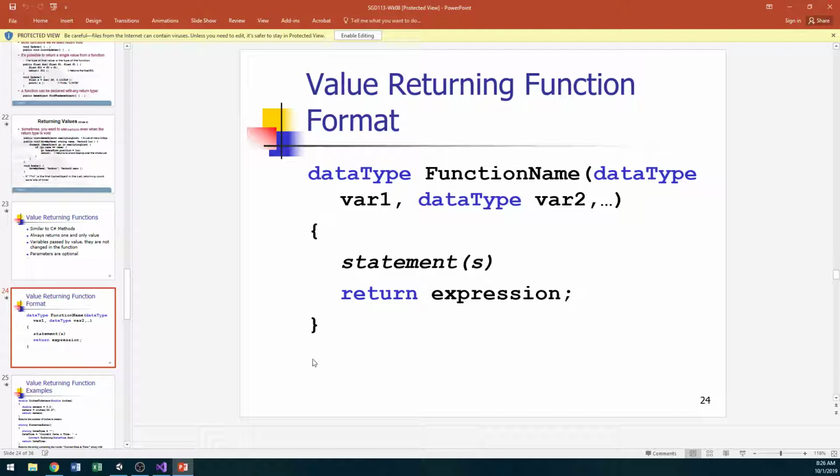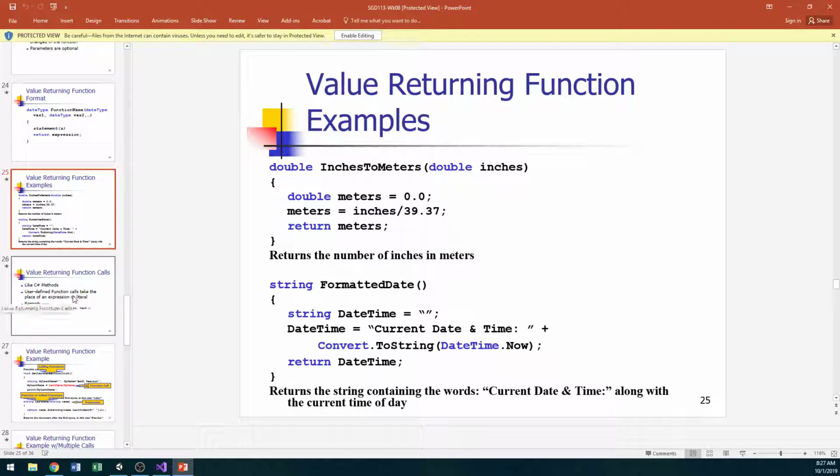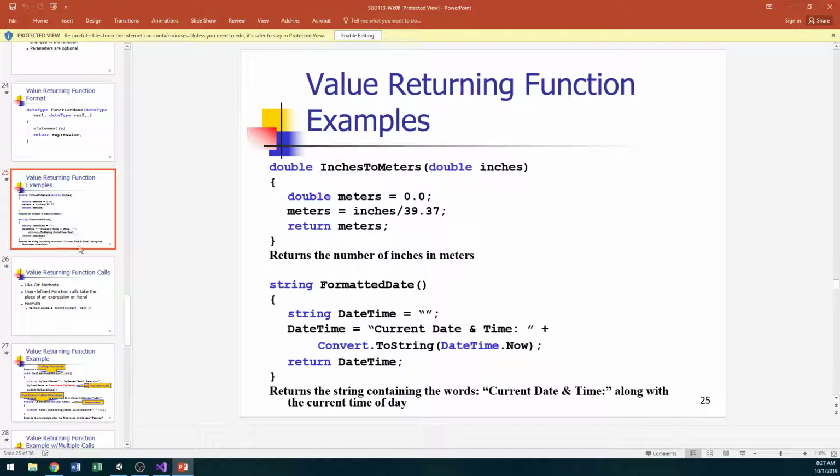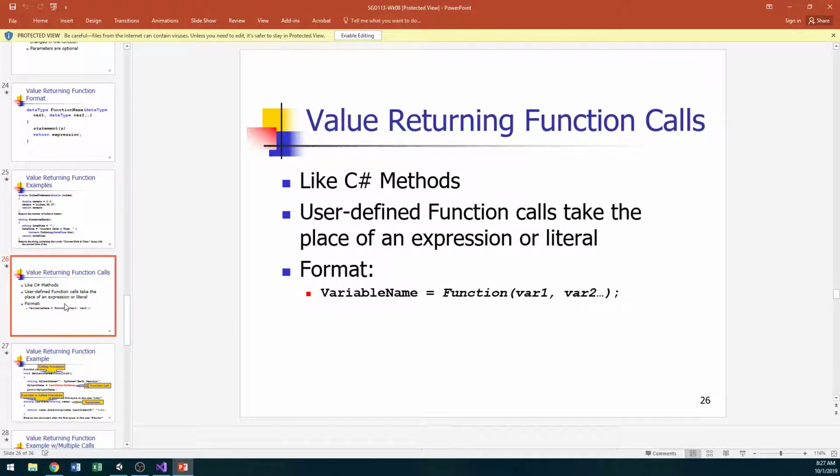You then have your curly braces, you have usually some kind of code, and then the big thing though is you do need some kind of return statement where you just say return something of that data type. There are some examples